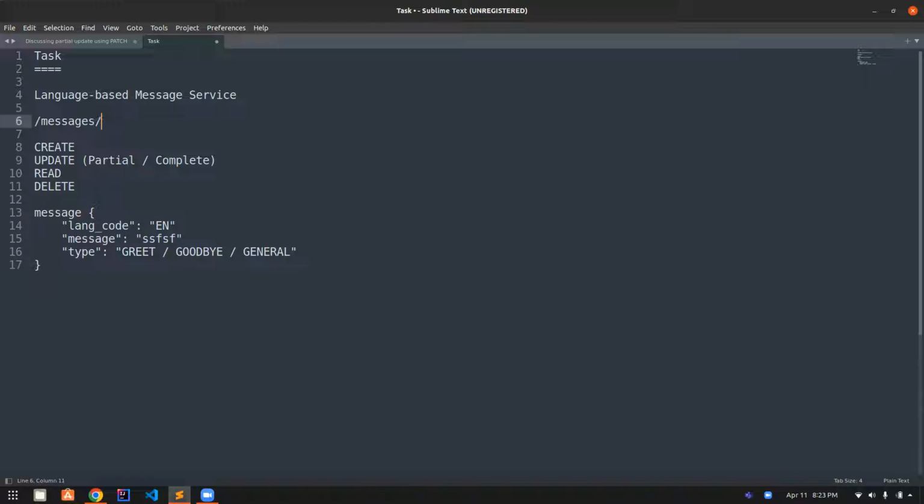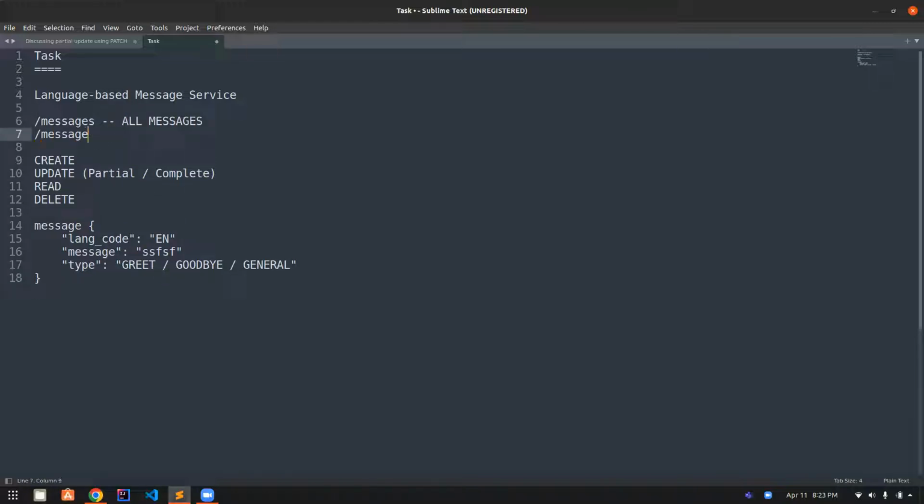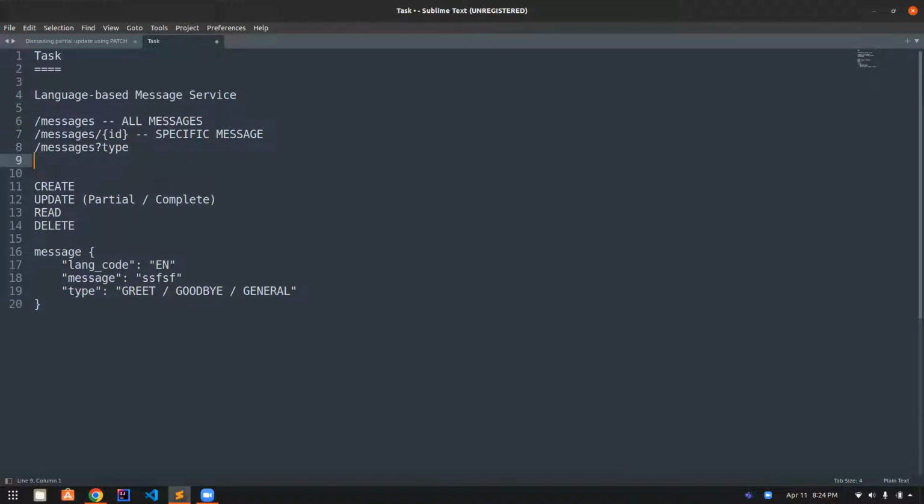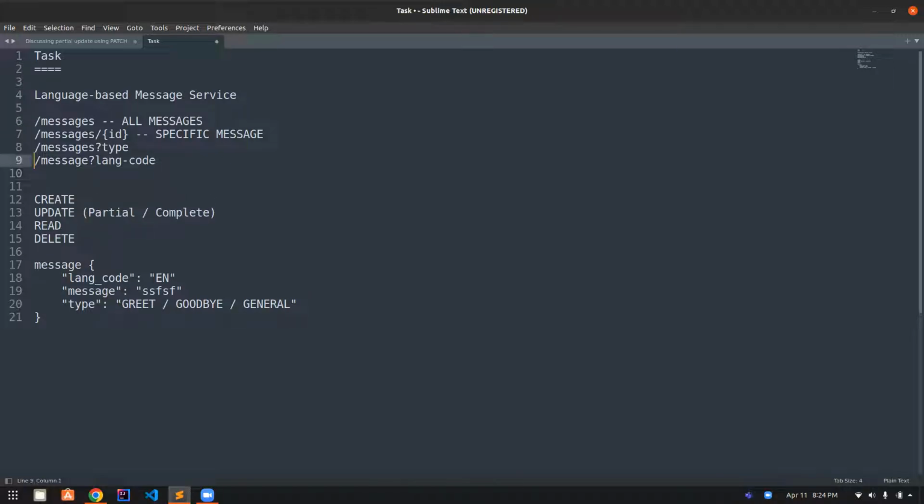And here you can fetch a particular message by this. Like this will be for all messages. Okay, I'm just gonna write down the APIs. Specific message, and then let's say you want a particular type of message, you want all the messages of a particular type, so this will be one of the APIs. Then let's say you want messages of a particular language code. Okay, so that will be one. And let's say you want both, so basically,